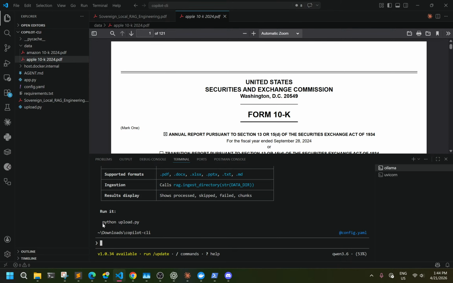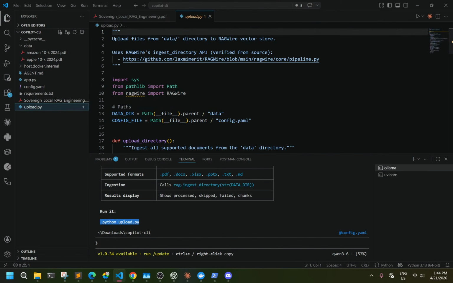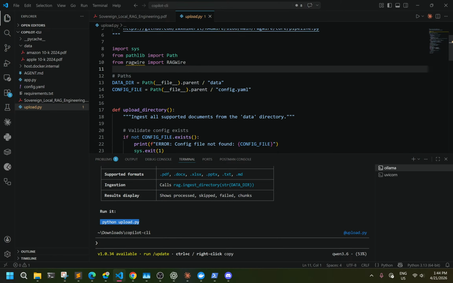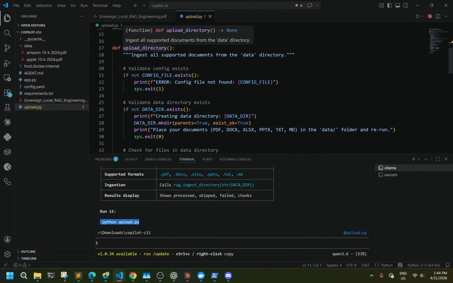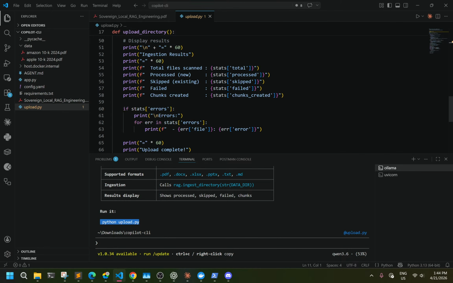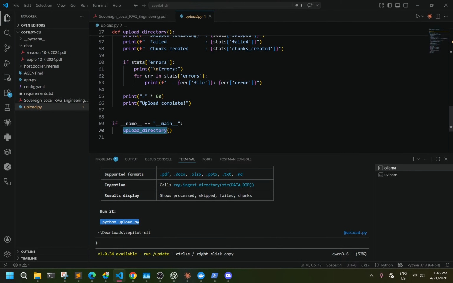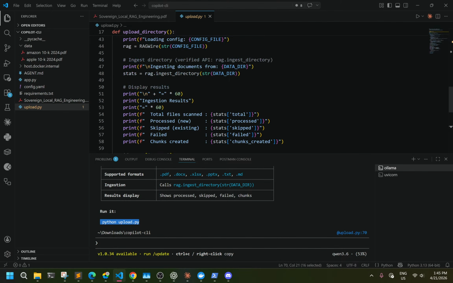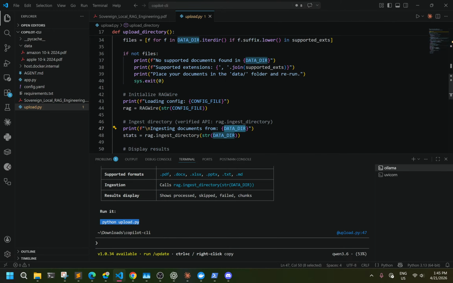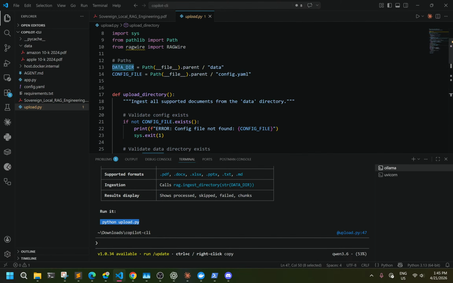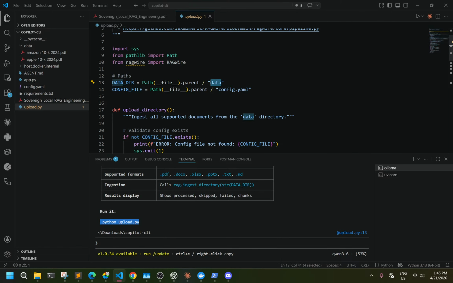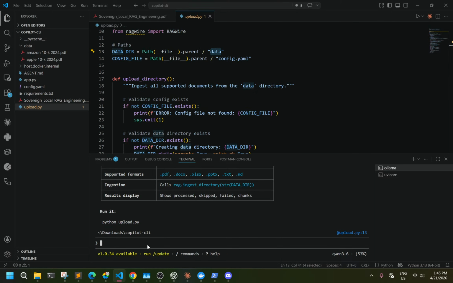So we need to run python upload.py to make sure everything is uploaded. You see the upload directory is there. We need to pass our data directory. Let's go ahead and see. Here is the data directory, it's defined here. Okay, cool. I'm going to ask it here to run upload.py